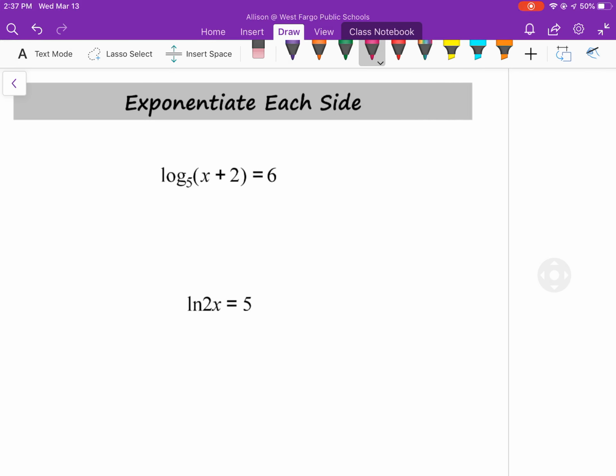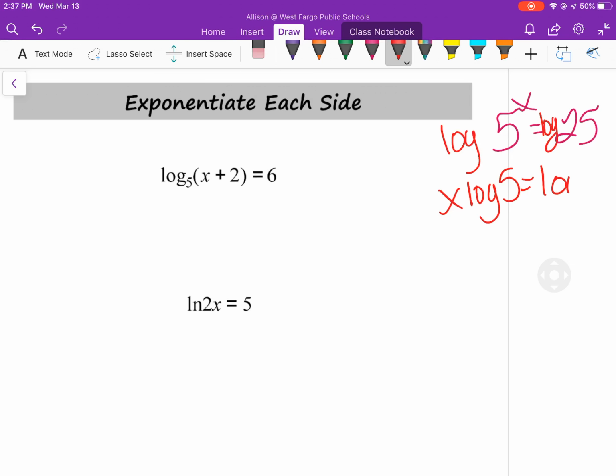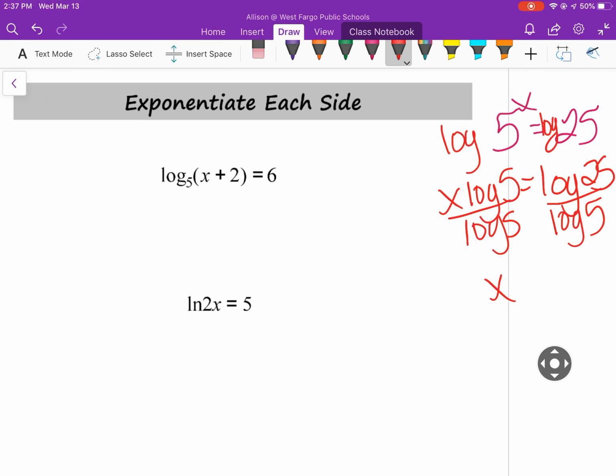Then you can also exponentiate each side. So that's the reverse. If you have 5 to the x equals 25, you can log both sides. Even though you know the answer here is 2, you could do log of both sides. So it'd be x log of 5 equals log of 25. And divide by the log of 5 on both sides. And you're going to get x equals 2 if you plug that in your calculator. So if you start with an exponential equation, take the log of both sides. If you start with a log,